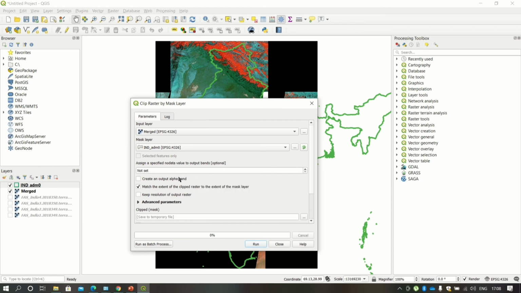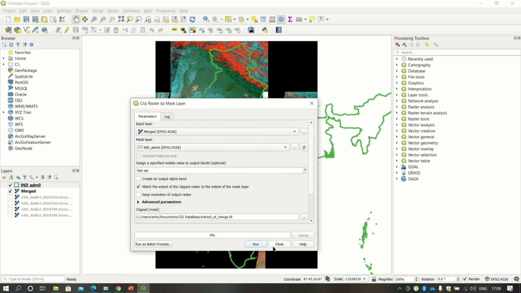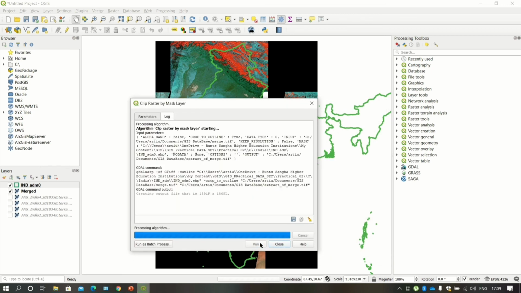Then we can save the output to some file. So click here and save it to some file. You can give a user defined name for this file. After giving an appropriate name, simply click on save and click on the run button.